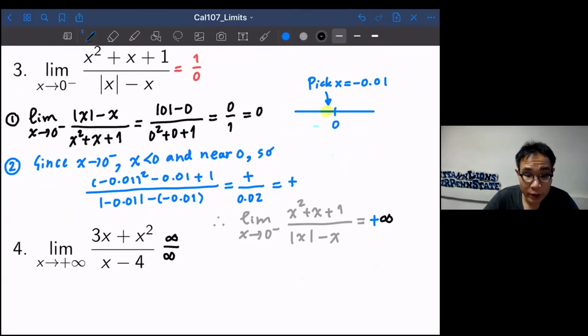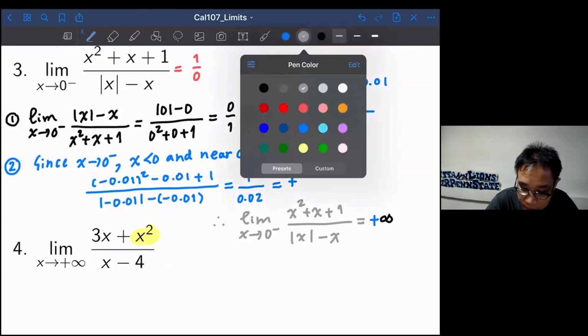So it's infinity over infinity. How would we know whether it's going to become infinity or negative infinity, or whether it's going to be a real number? The thing you may have to notice from this question is that when x goes to infinity, this one is infinity squared. Okay, so the yellow one here will give you infinity squared,